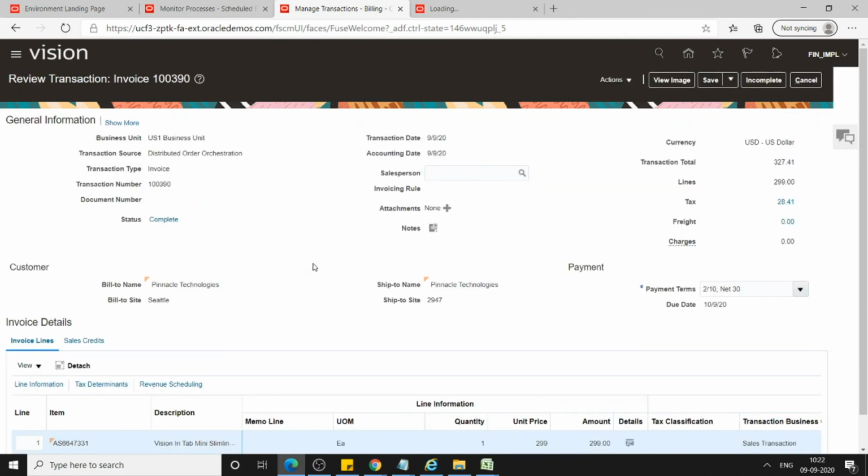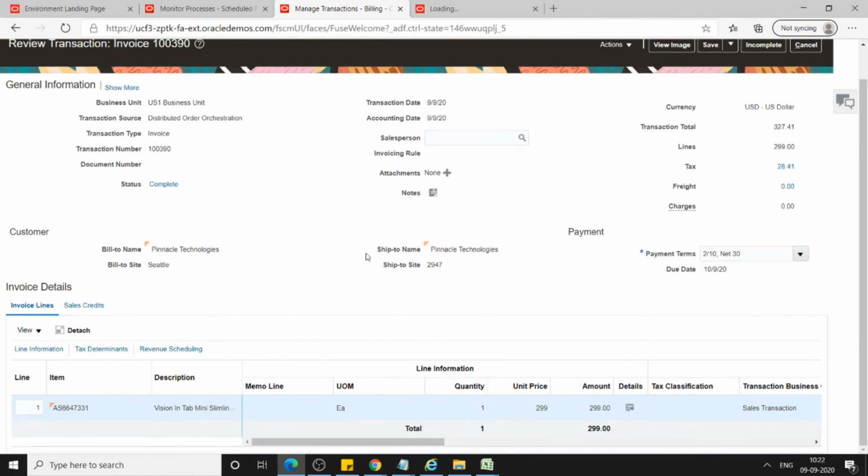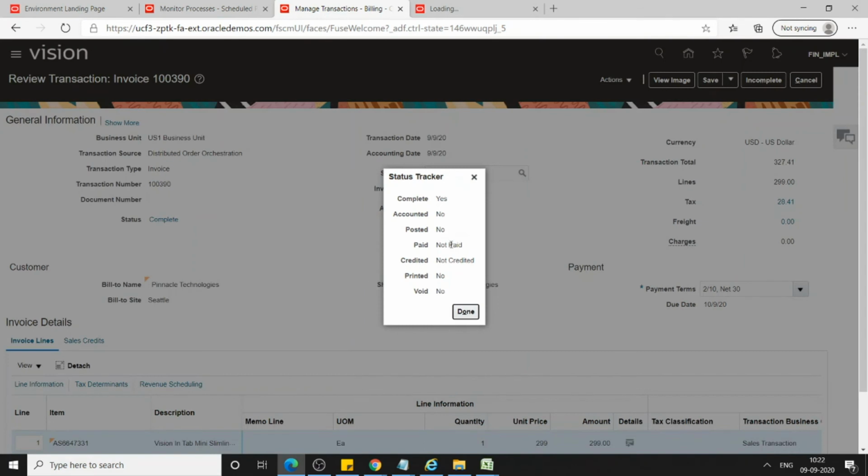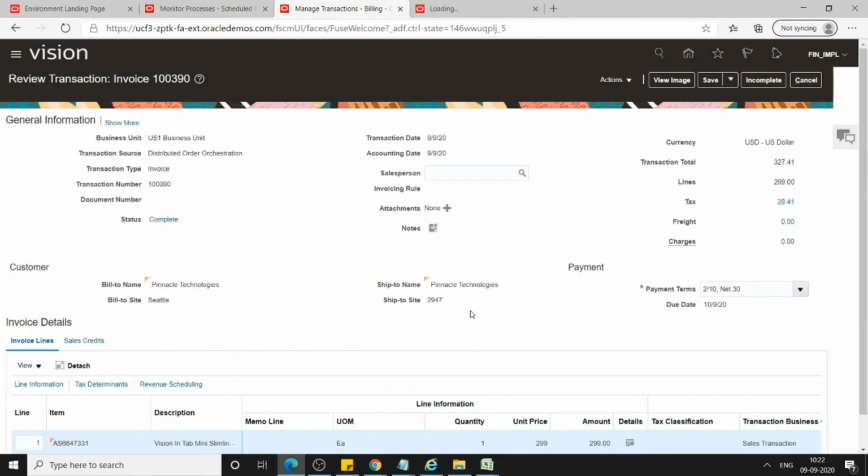Okay, so now against this particular invoice, we have received the amount from the customer. How do I know whether the amount is received or not? You just click on this status, and here you can see paid, not paid. Here you can see the status as fully paid. Okay, this is 100390, right?